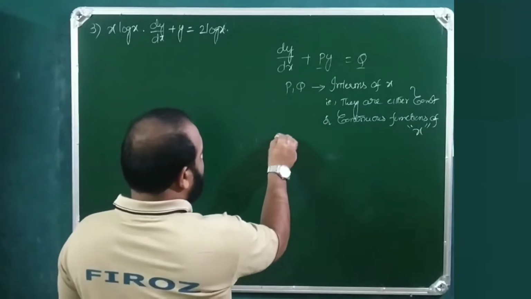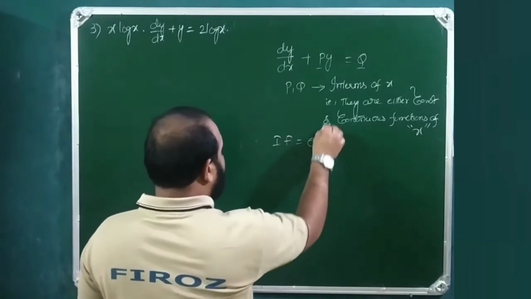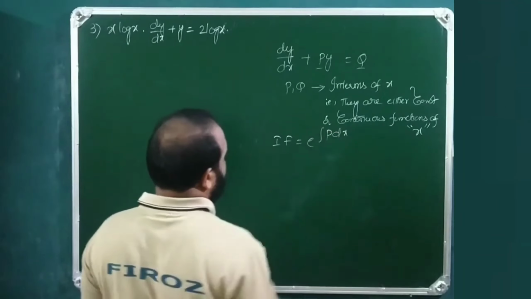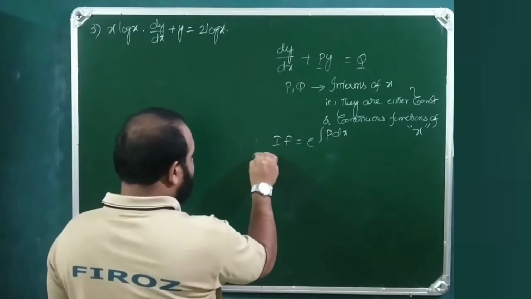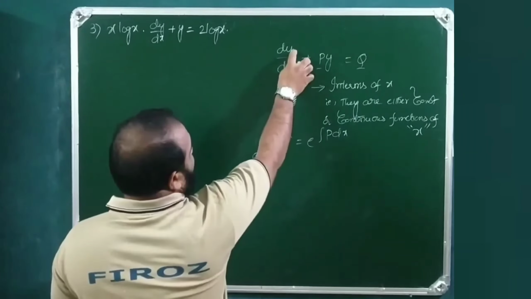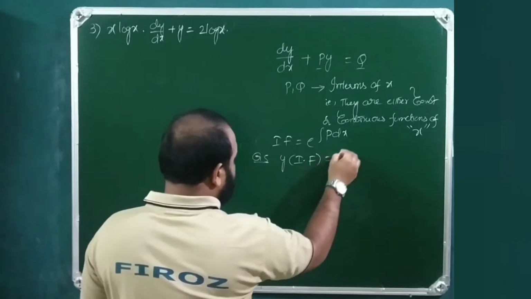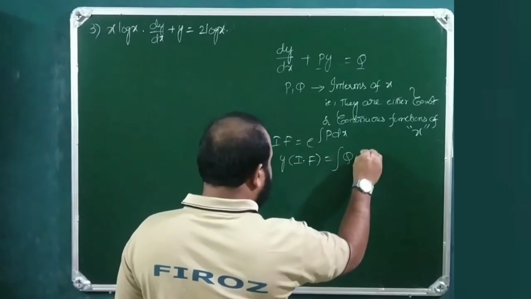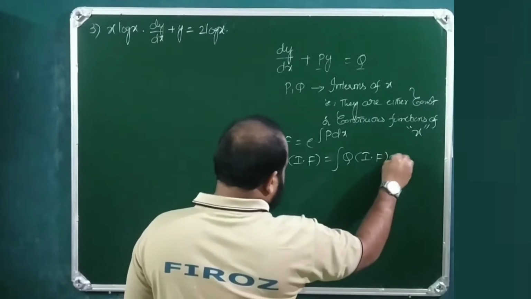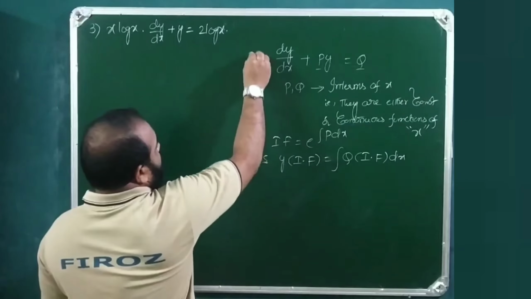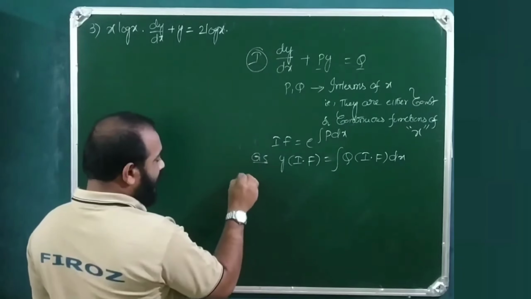Therefore, the integral factor is e power integral p dx, and the general solution is y into integral factor equals integral of q into integral factor into dx,